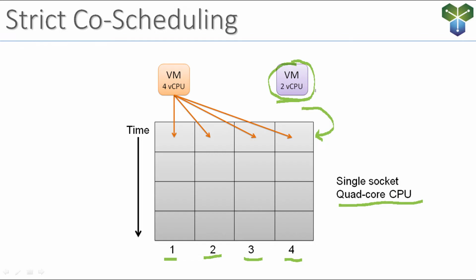And the VM is going to remain in that state of being ready until those physical processors are actually available. Then it can actually carry out what it needs to. So the longer a VM remains in the ready state, the worse off we are. We want low CPU ready values because that means a virtual machine is ready to do something but hasn't done